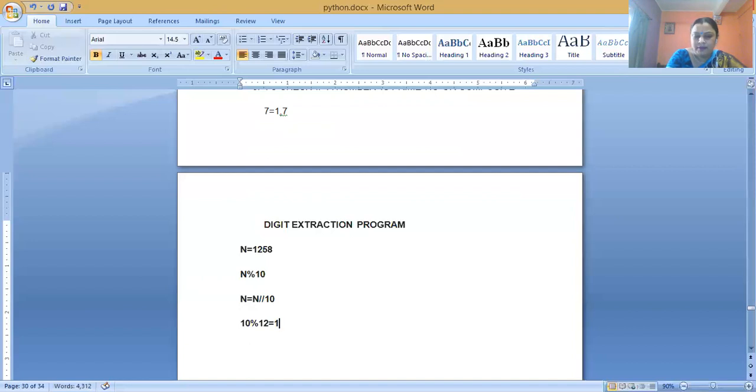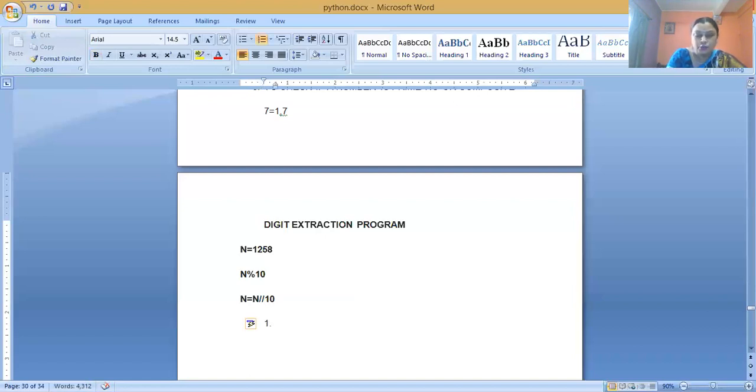The remainder will be 10. That means if we divide the greater number by the smaller number, whatever remainder is left will be the result. But if we divide the smaller number by the greater number, then the remainder will be the smaller number itself. So we will discuss this type of program using the Spyder notebook.